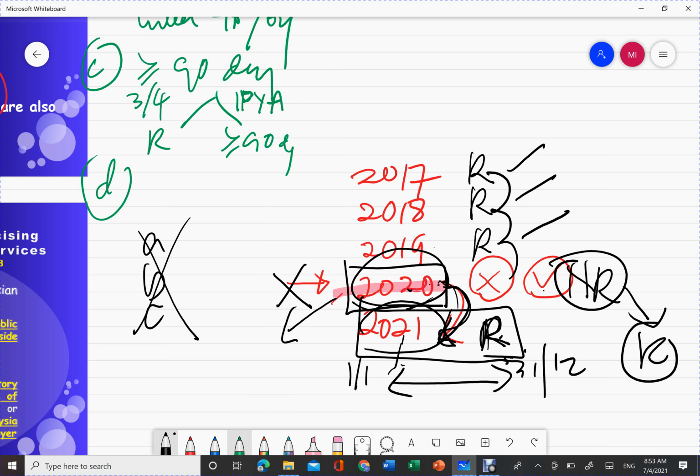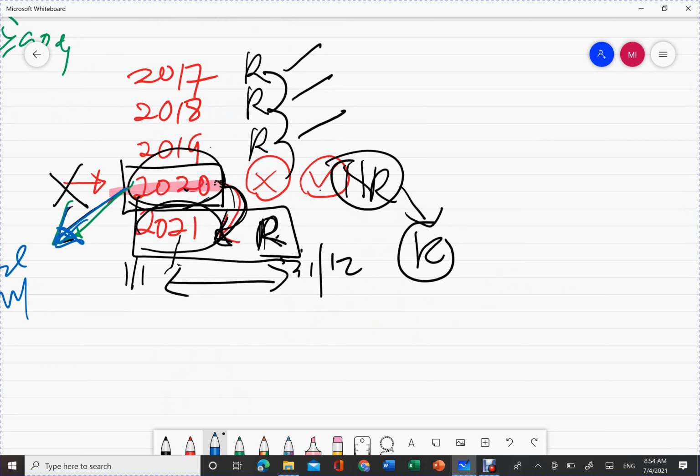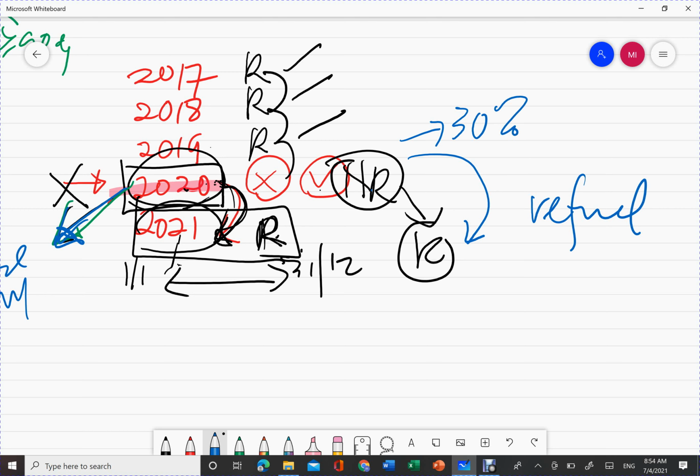Tapi dia dah bayar tax dah, all the tax that imposed on him has been paid awal-awal lagi. So what would happen? Apa yang jadi kalau kes ni ada, dia akan buat revise balik. Dia akan revise dia punya tax computation. So from the revision of the tax computation, daripada dia non-resident becoming a resident, definitely dia akan dapat refund. Sebab as we have mentioned earlier, kalau dia non-resident, kita akan tax dia flat rate 30%. Tapi kalau resident ni dia ada scale rate daripada 0% sampai ke 30%. So he might fall within this